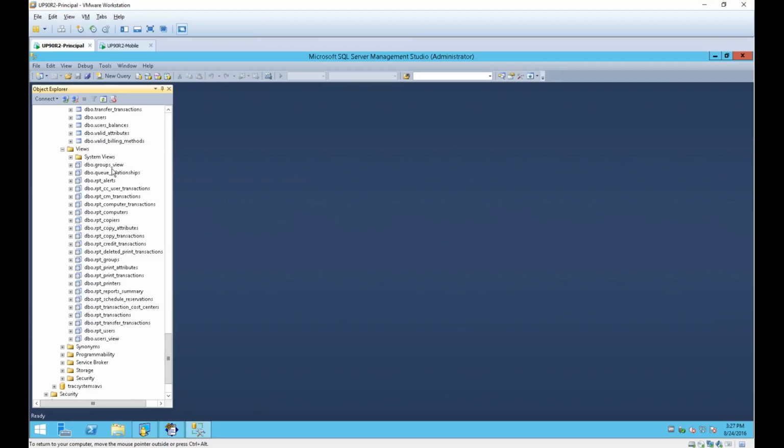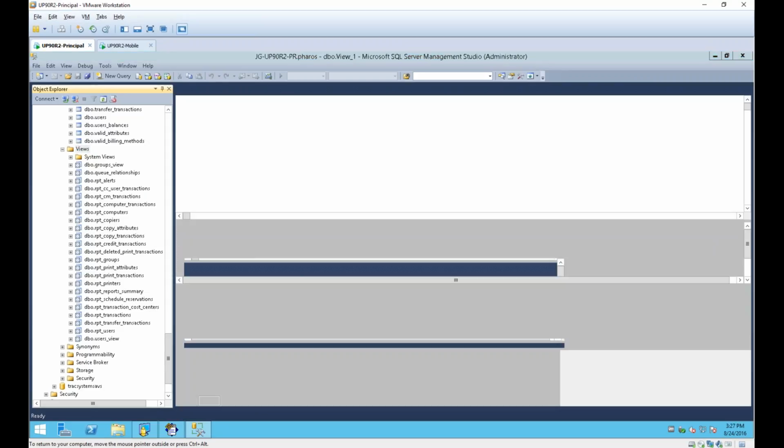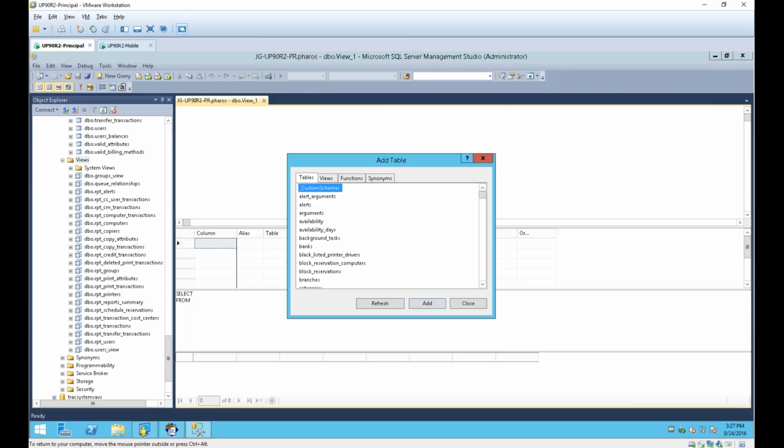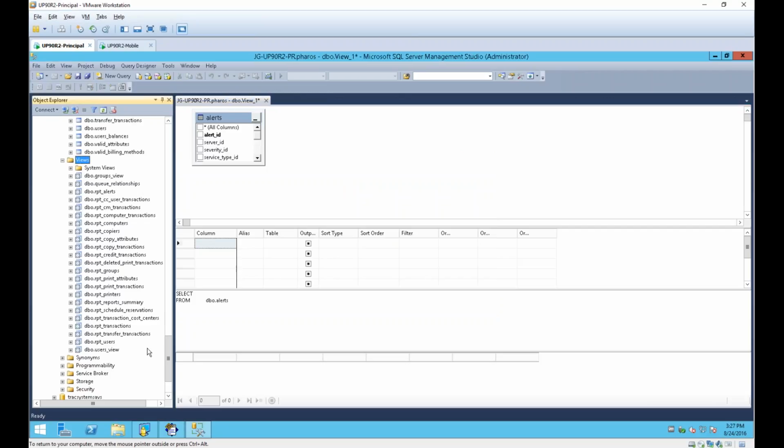Now, if there's not a view here that contains data that you're looking for, you can create a view. You can create your own custom views. If you do create your own custom view inside this views, then what you do need to do is create your view, and it needs to have a prefix to its name. Any custom view needs to have a prefix of TP underscore. So if I save my view,